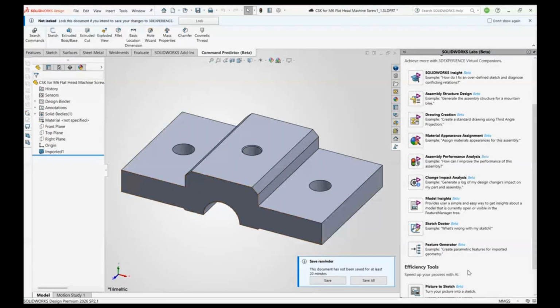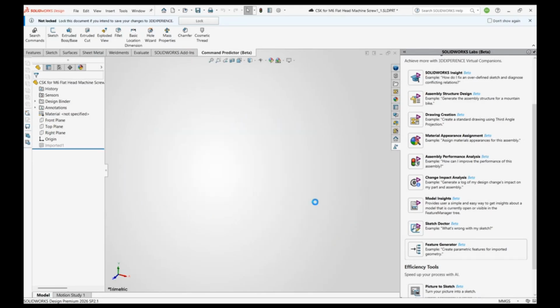But from these AI labs, we can give the prompt, convert this imported geometry to an editable file format. The moment I give the operation here, SolidWorks will check all the imported geometry, convert it into a parametric model, and give the complete parametric 3D model from the imported step file.